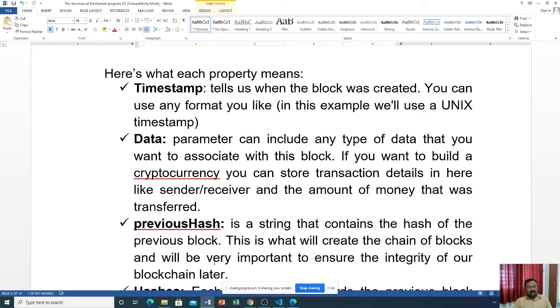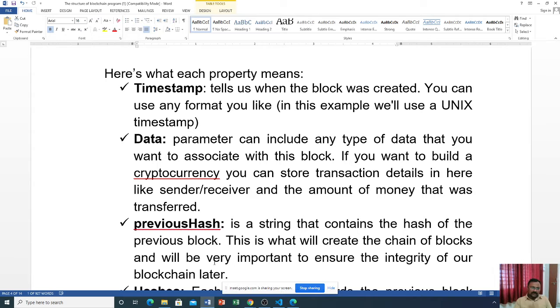The second one is the data parameter, which can include any type of data that you want to associate with this block. If you want to build a cryptocurrency, you can store transaction details here, like the sender or receiver, and the amount of money that was transferred.